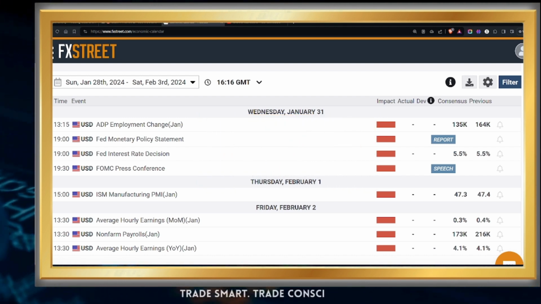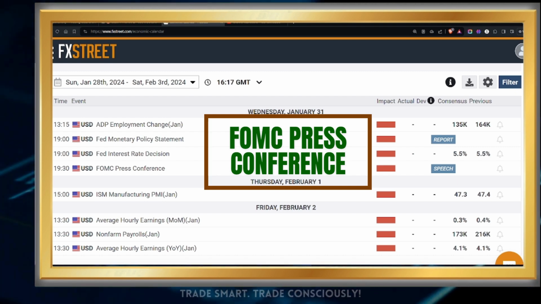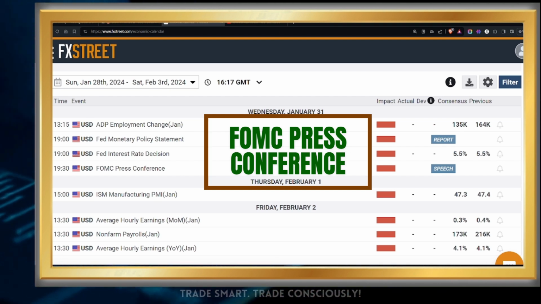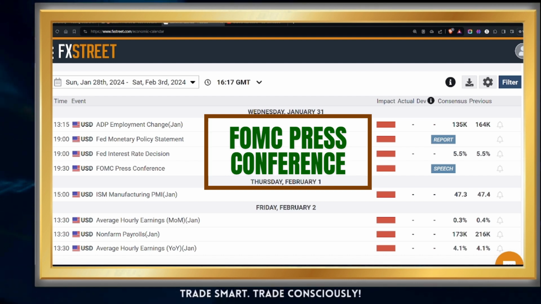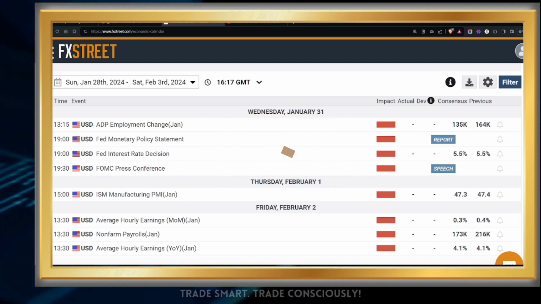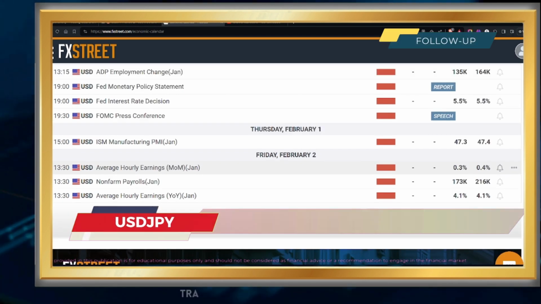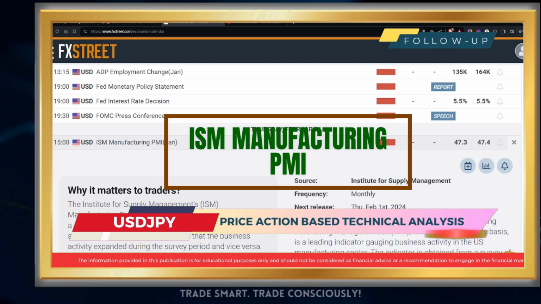Finally, on that day, we have the FOMC press conference, an event where the Fed chairman, Powell, will communicate the Fed's monetary policy decisions, economic outlook, and of course, answer questions from the media. And it's important to note that investors will closely analyze his statement for insights into future interest rate changes and overall economic conditions. Now, fast forward to Thursday, February 1st, we will be looking at the ISM manufacturing PMI, which